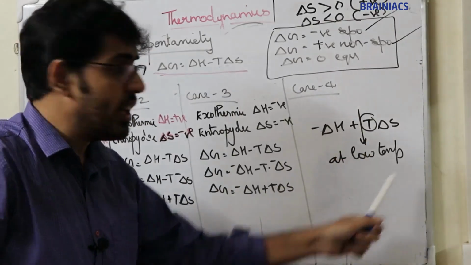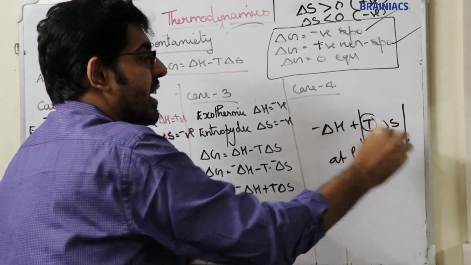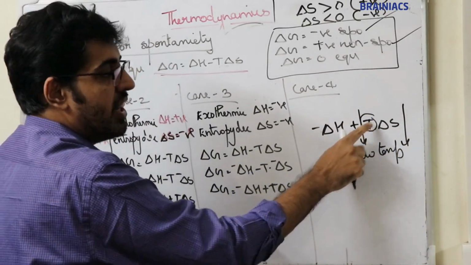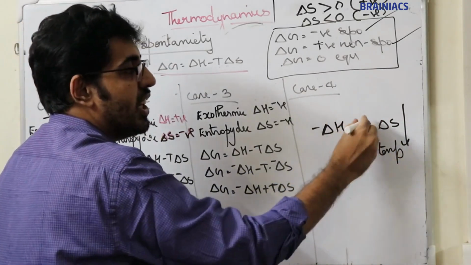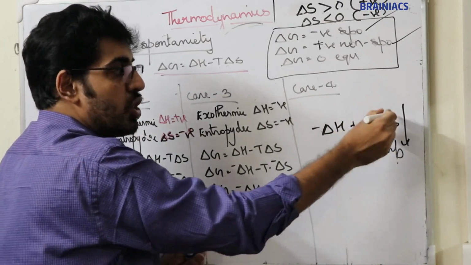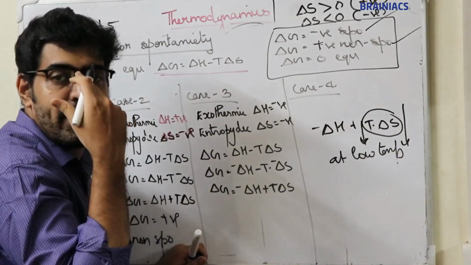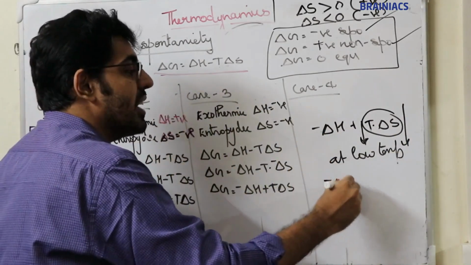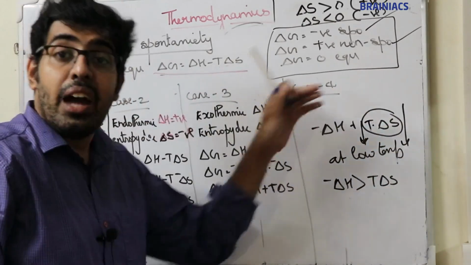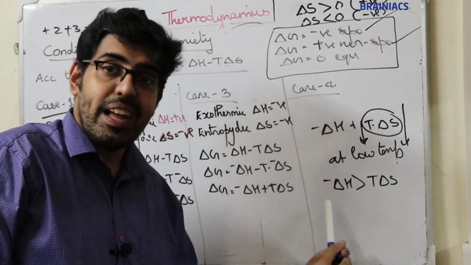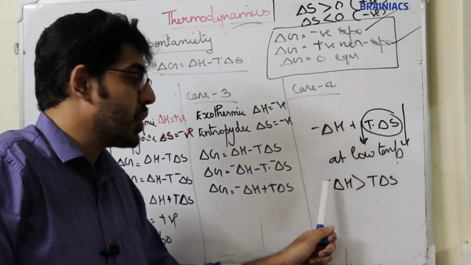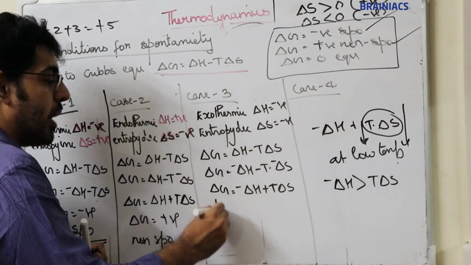If temperature value decreases, the whole term will decrease. If temperature decreased, the whole term will decrease because this is temperature, T into delta S. So if temperature decreases, the whole term will decrease. At that time, delta H will be greater than T delta S. If this whole term decreases and if the decrease is less than delta H, so you can write delta H will be less than T delta S. So at a low temperature,